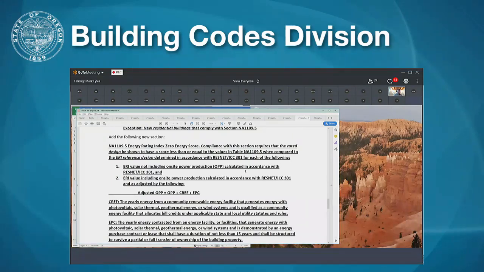what the ERI score basically does is it pegs a score of 100 to your 2006 baseline, which is similar to what the baseline is that we're using for the Oregon code. And each score is basically a percent. So it's about 53%. An ERI of 47 is 53% better than a 2006 home. So that's kind of how it works.